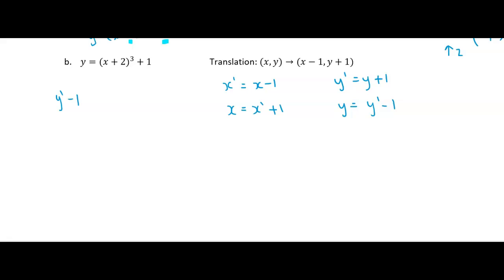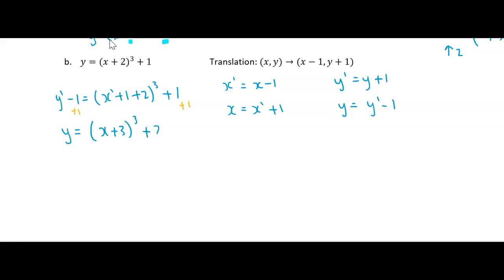So y dash minus 1 equals, then x, we're going to have x dash plus 1 plus 2 all cubed, so it's a cubic this time. All right, leave the y. I'm going to add 1 to both sides. And then we've got (x plus 3)